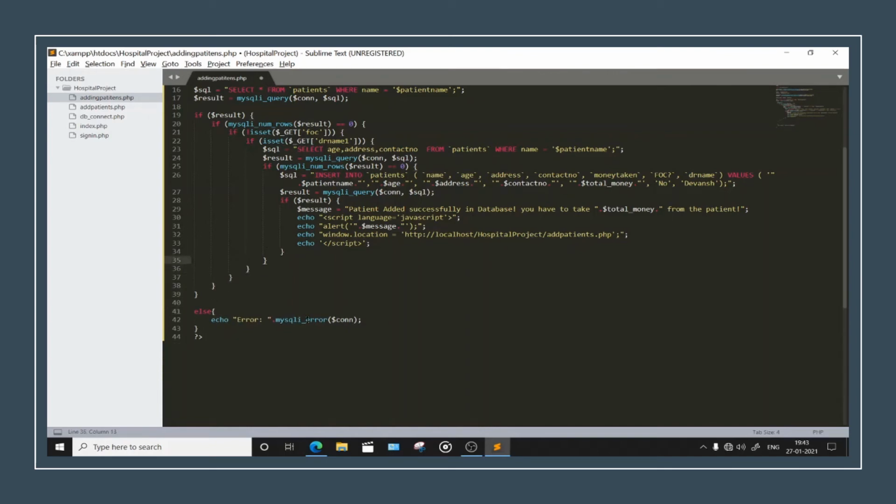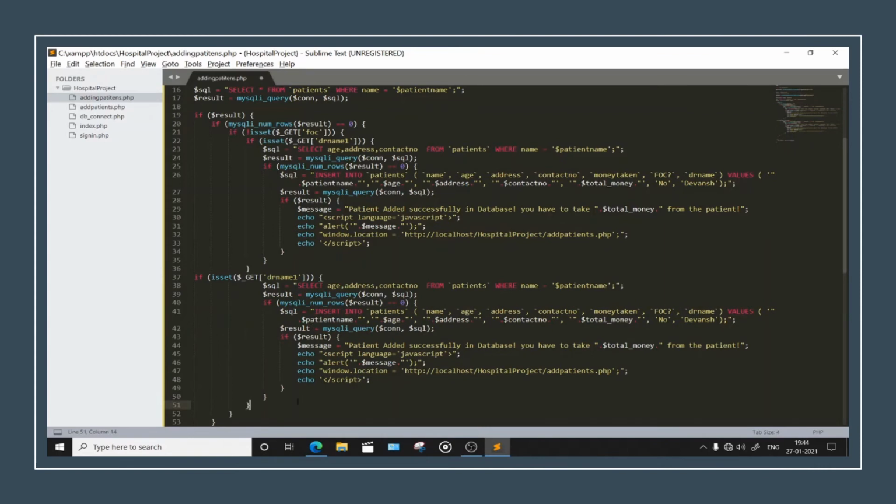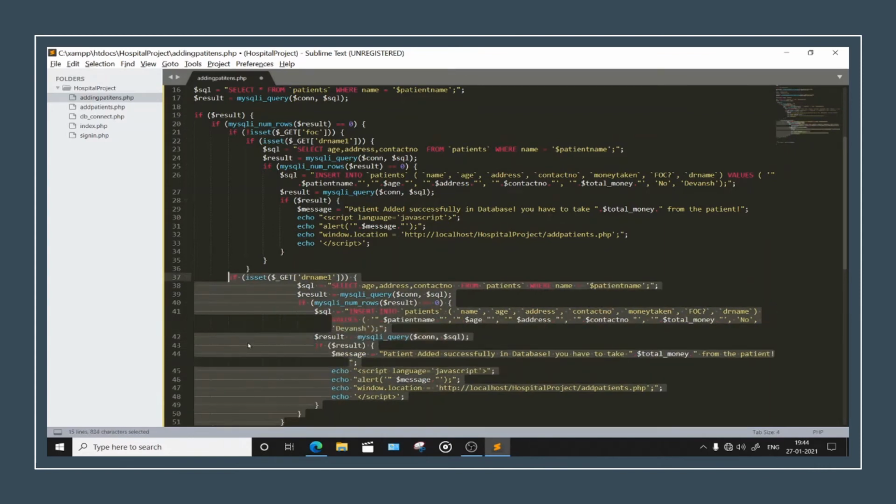Okay, so this is just one thing, that if the new patient is here, right? And if it is not isset FOC, and till this we have done. And we need to copy from this place, right? Before this, isset is not taken into consideration. Fine, paste it here once again, indent these things properly.